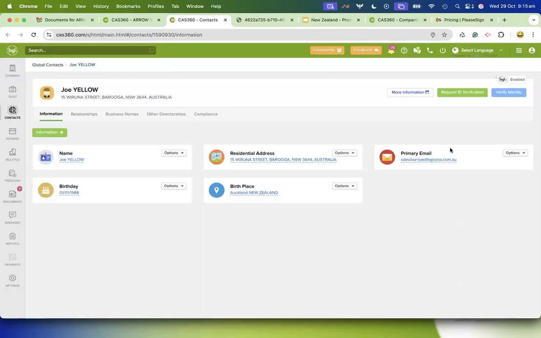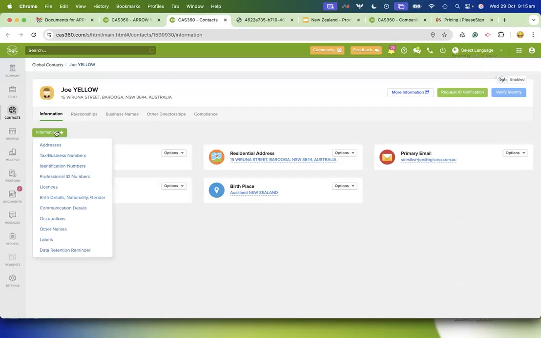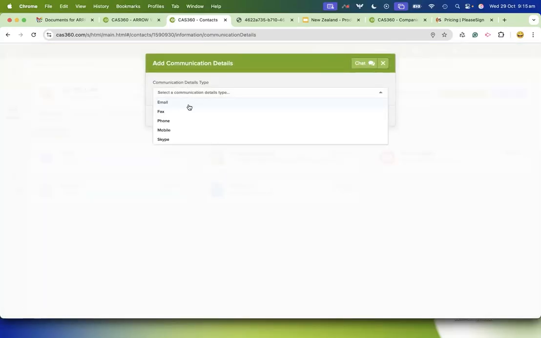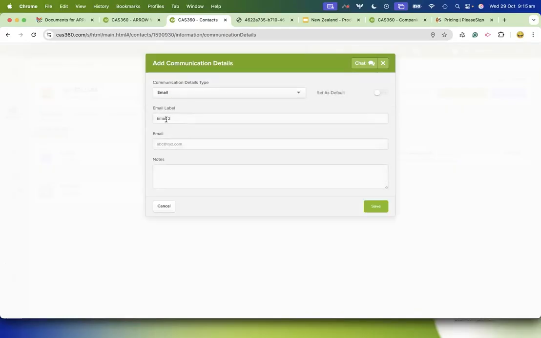In CAS 360, you can assign multiple email address to a specific contact. So let's have a look at that scenario. Under information here, you can set up under communication details, you can select email, and you can give the email any label that you want. So something that you can easily identify that email. So you can call it a secondary email, personal email, and so on. So let's say I'm assigning a personal email address for Joe. So I'm calling it